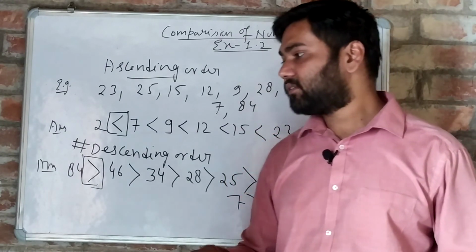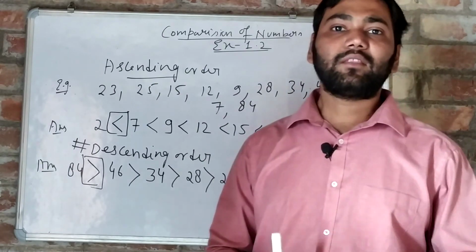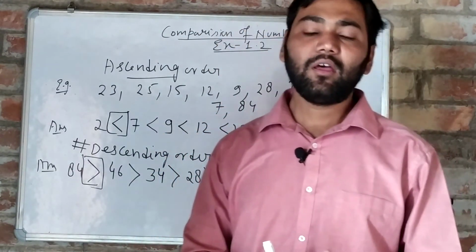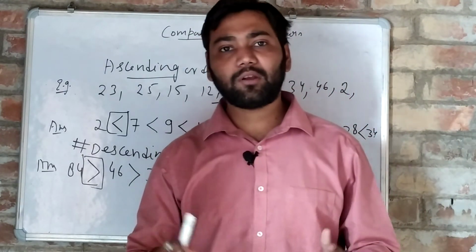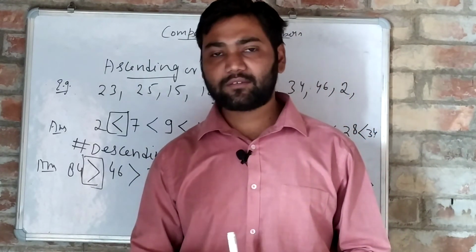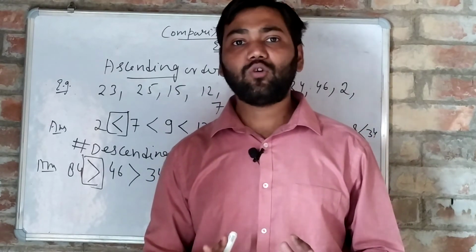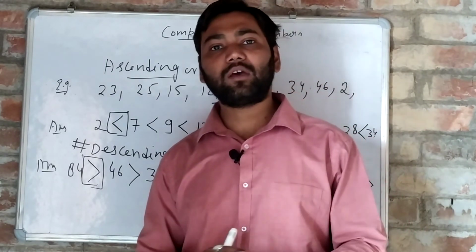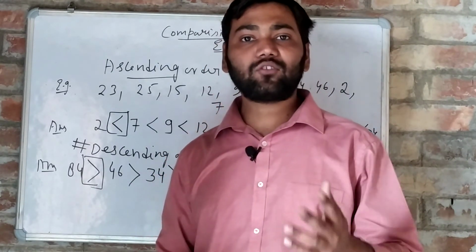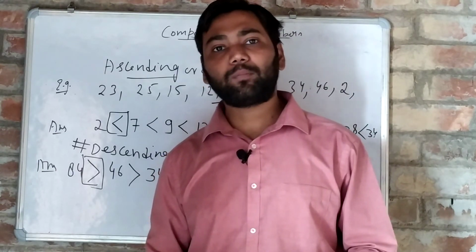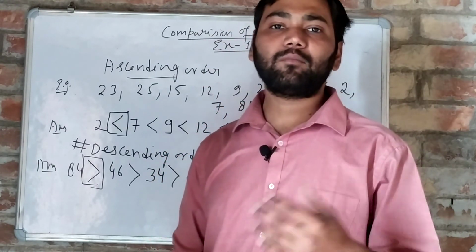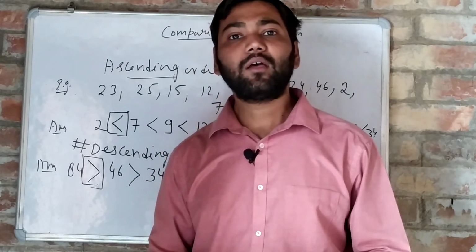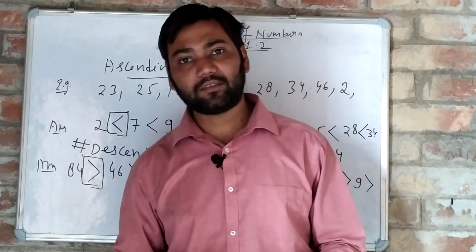Okay, after this the next exercise is based on the greatest number and the smallest number, the way of arranging those numbers. So that we will take up in our next video, in our next lecture. That means, till here you have to solve both the exercises, that is 1.1 and 1.2, in your fair copy. Very soon I can ask you to submit your copies via virtual medium, that is by means of WhatsApp. Okay, I can ask you for the pics of those exercises also.